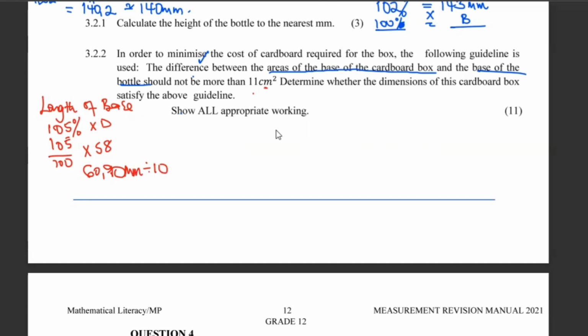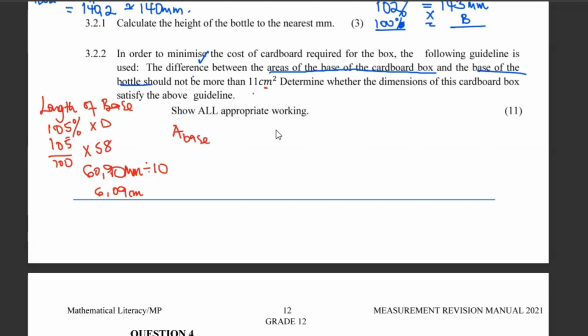So I need to divide this by 10. I end up having 6,09 centimeters. Well and good. So this will be the length of the base of the box, but it's not the end. So I now look for the area